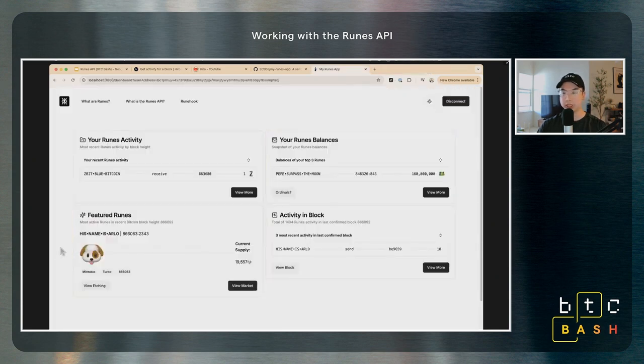So yeah, it's very customizable to the way you would want to display your runes or other people's runes. It's very simple, the way I've used the runes API and displayed it on the front end. So if we go back to the code,